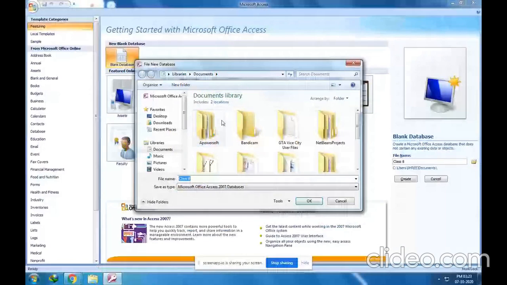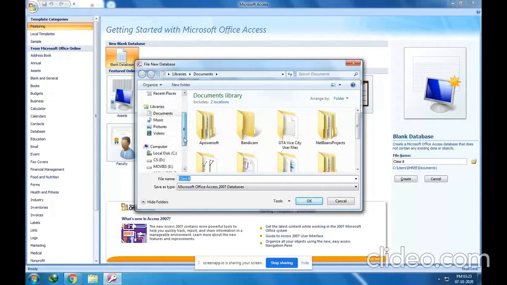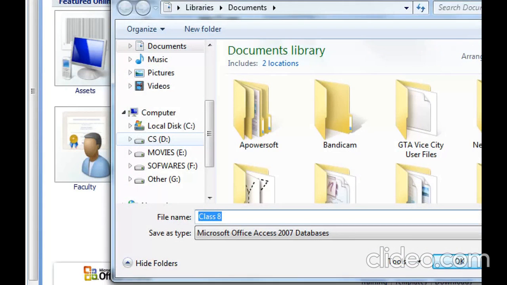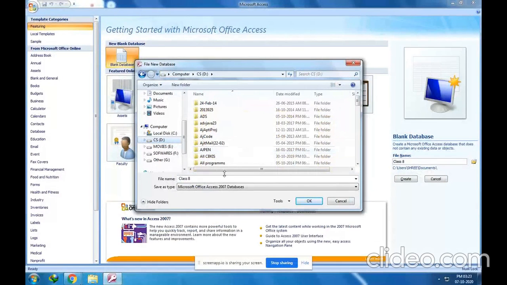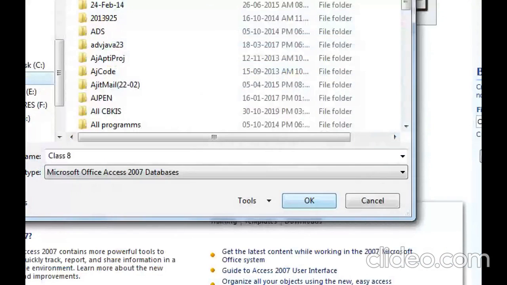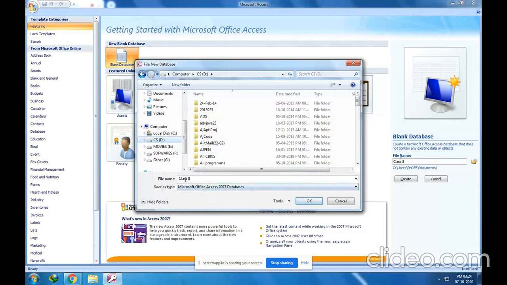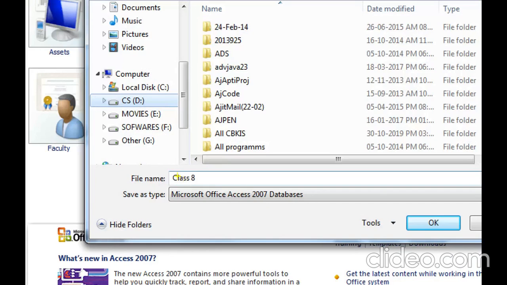So select the D drive, see here, it is the D drive, name is CS and drive name is D. So I will click on this D and then select the OK button. Finally in D drive, this class 8 database will be stored. You can see the file name is class 8, the database name is class 8, and you can click on the OK button.